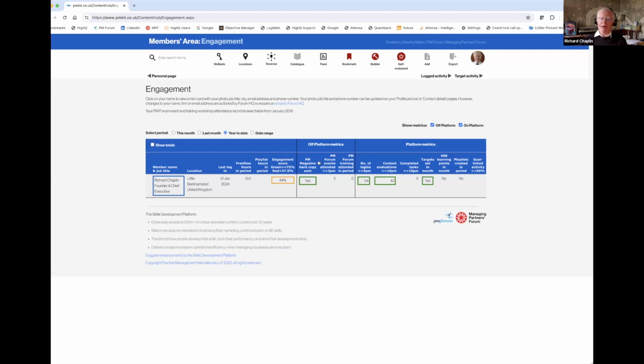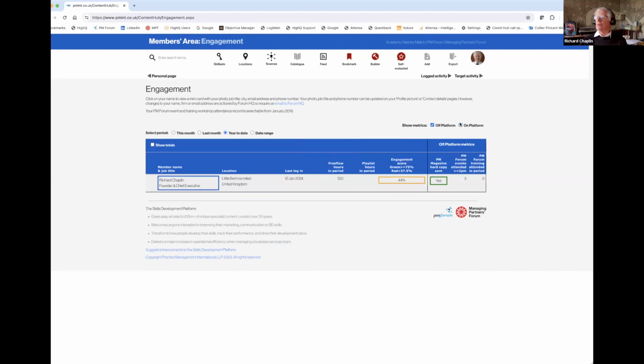metrics, some of which are things like, let's make it simpler, so I'll do the on-platform ones. So the extent, are they getting a hard copy of the magazine? Yes or no? Have they been to 2 events a month? And that includes webinars. Have they attended training courses? And then also we can look at the on platform, which sort of follows the same slide that I showed